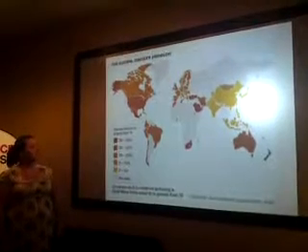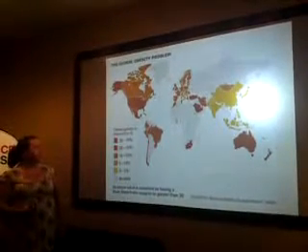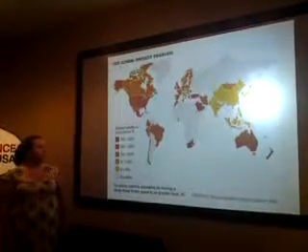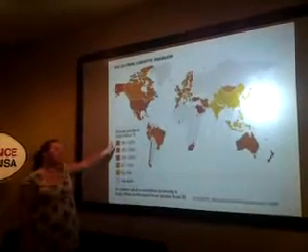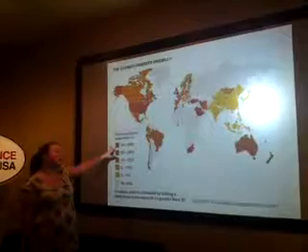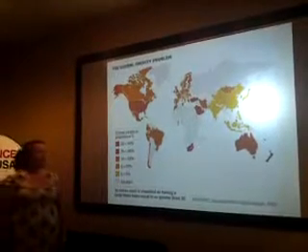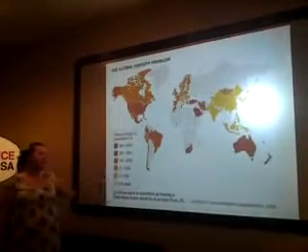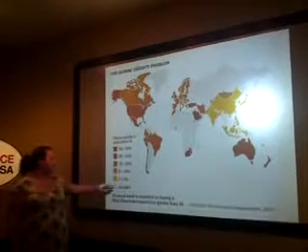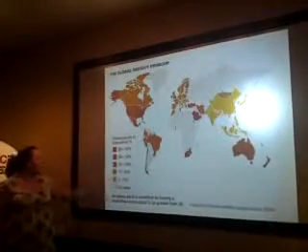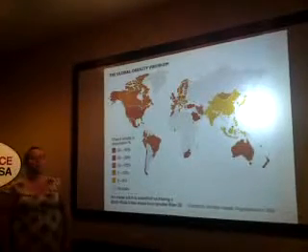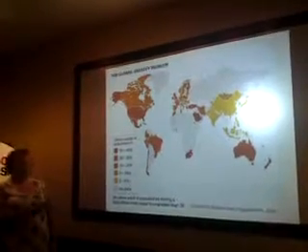This is a global map showing the obesity problem globally. The darker colors here also indicate a higher percentage of obesity found in that country. And the lighter colors are, white is indicated as no data, but the yellowish colors are the very low percentage rate of obesity.